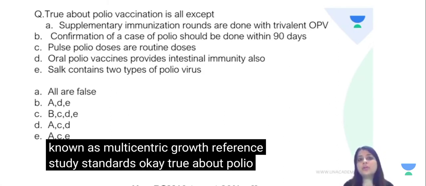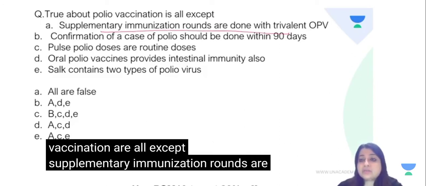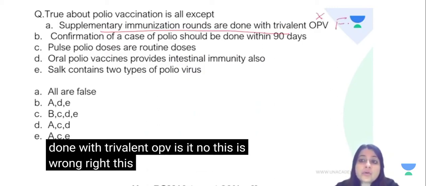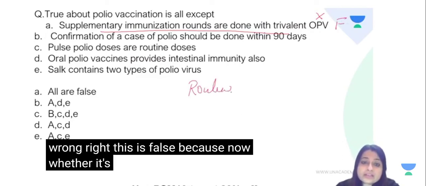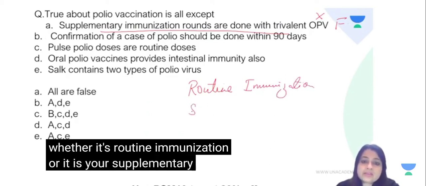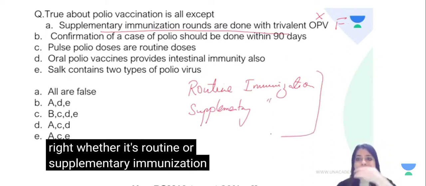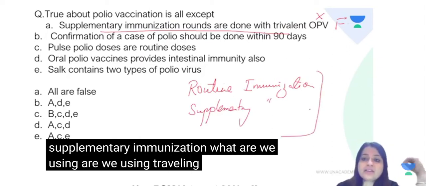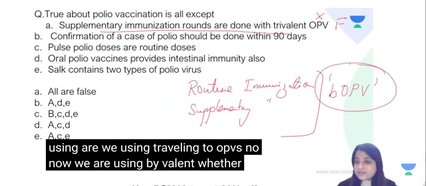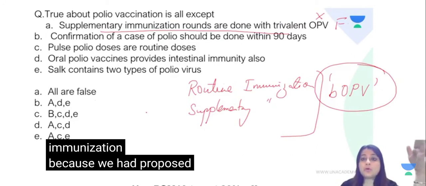Okay, true about polio vaccination are all except supplementary immunization rounds are done with trivalent OPV. Is it? No, this is wrong, right? This is false because now whether it's routine immunization or it is your supplementary immunization, what are we using? Are we using trivalent OPVs? No. Now we are using bivalent OPV, whether it is routine immunization or supplementary immunization, because we had proposed the